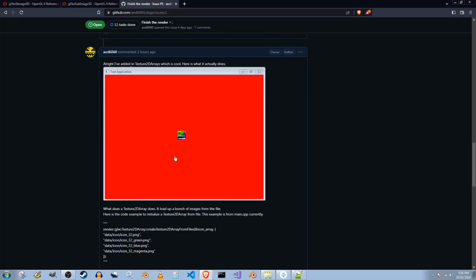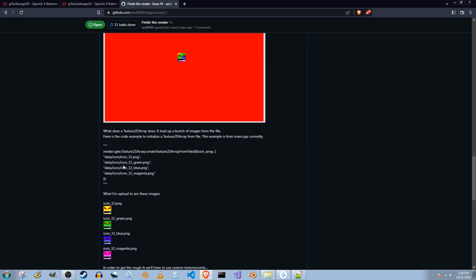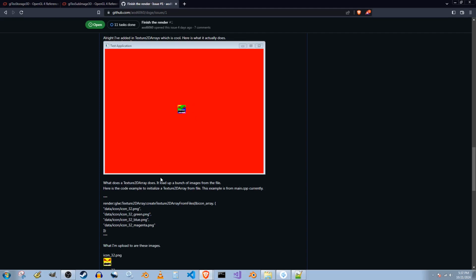The next thing I added was texture arrays, or specifically 2D texture arrays. What they do is that you can have not just one image that's associated to a texture, but you can have one to multiple images, or one to n, for example. For this particular example, I have four images for my icon. I have just a regular yellow one, a green one, blue one, and a magenta one. And I can actually